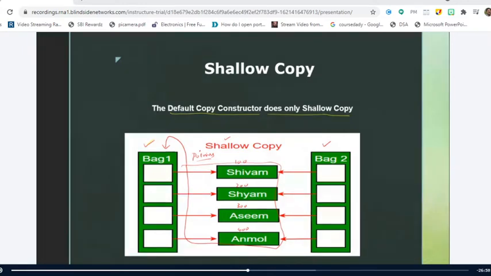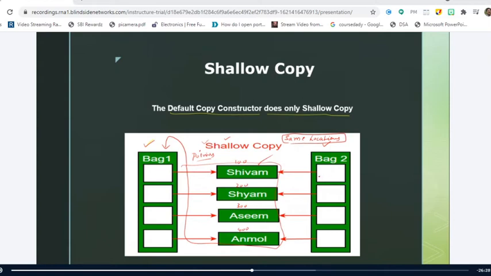So this is how the shallow copy occurs. Whenever you have the pointers concept and follow the shallow copy, both the pointers are pointing to the same memory location. That is what you have to remember in simple words. If you remove this Shivam using bag1, what happens to bag2?